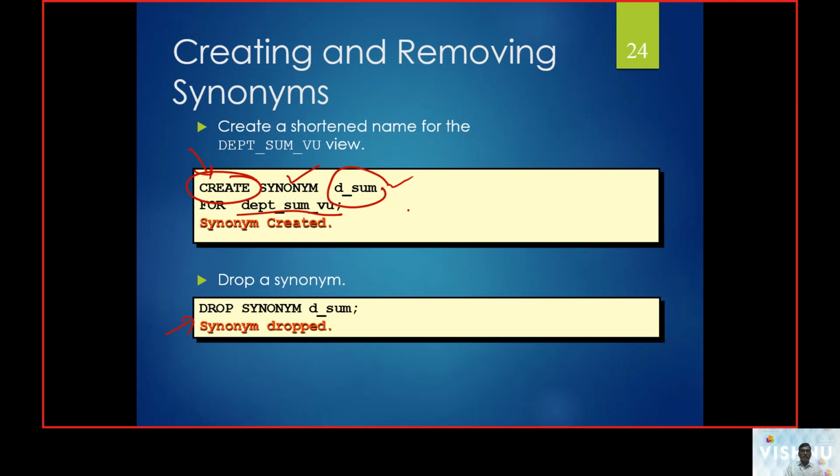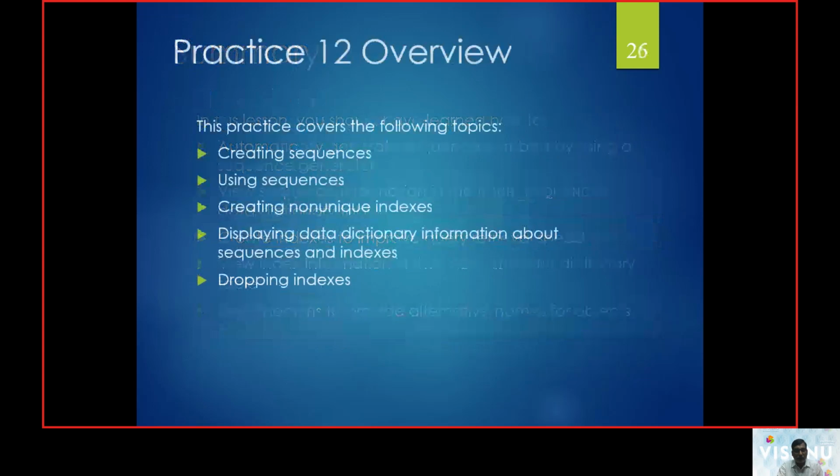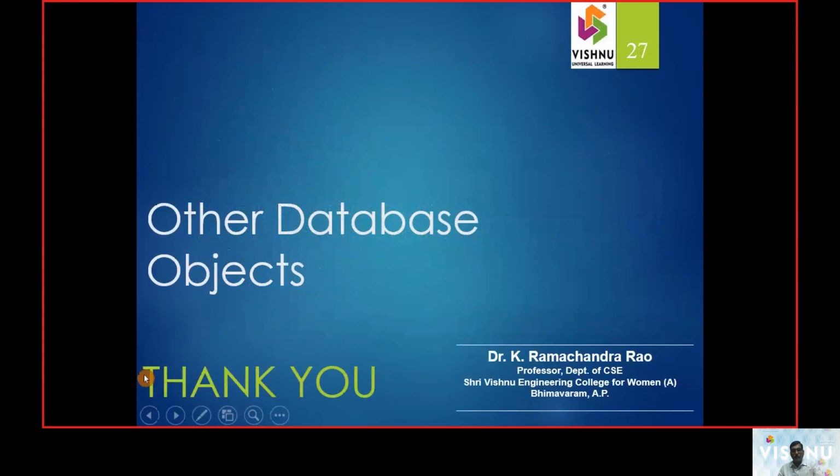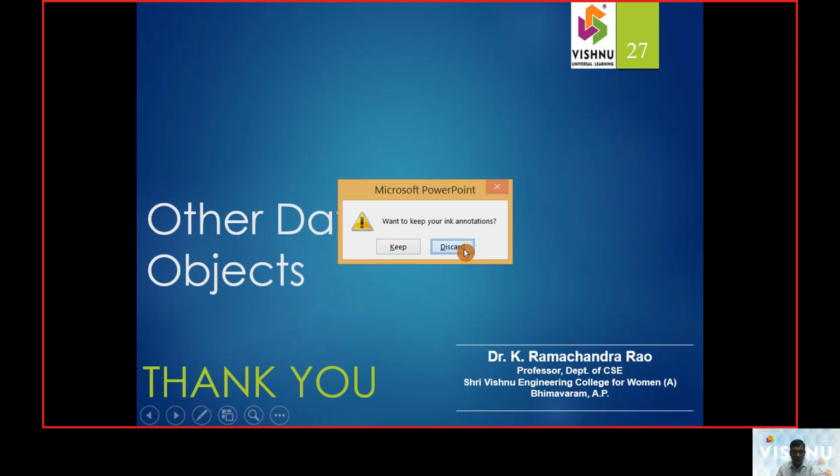Hereafter we will use the dsum name as a shortcut for the view. So we created a synonym. Now if we don't need the synonym hereafter, we make a drop followed by synonym, and then it is dropped. So this is how we took up the three database objects in SQL.